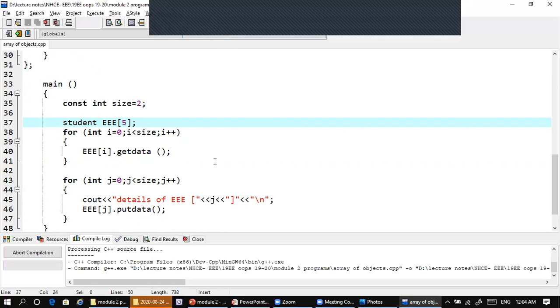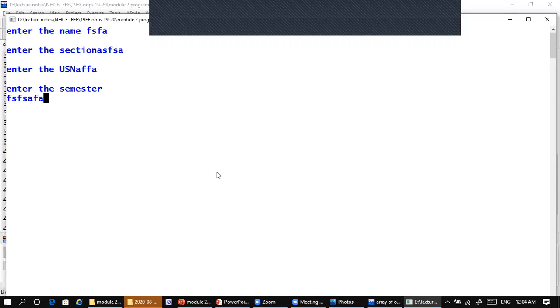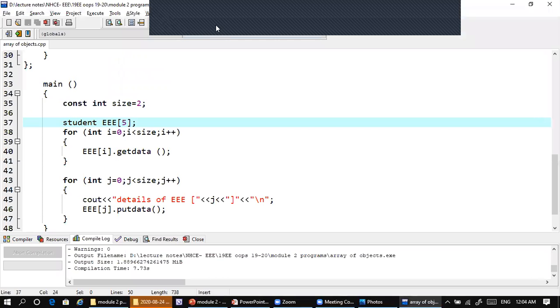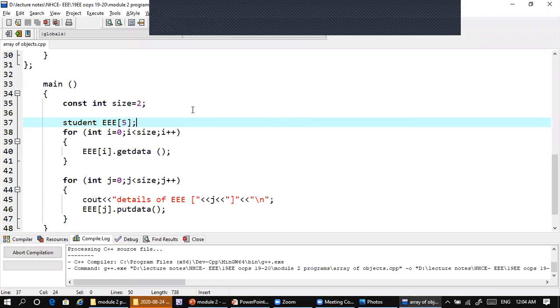So the program is free from errors, and now I'm just typing some name, then some value, USN, and also something I typed here. Then okay, I think it has gone wrong. I'll just do it once again.